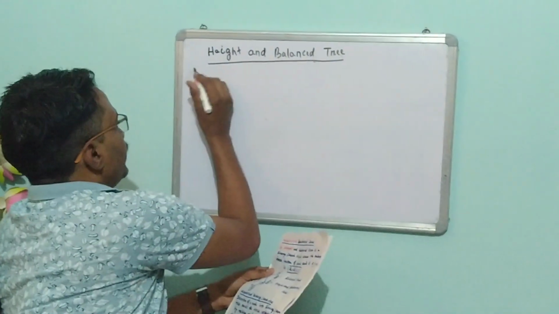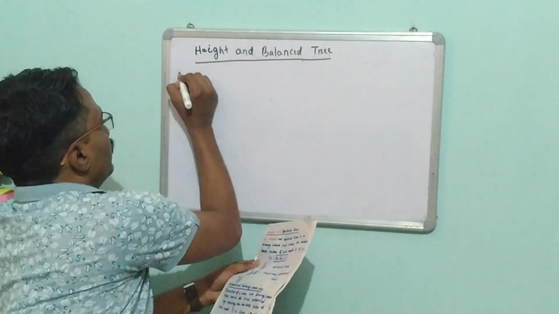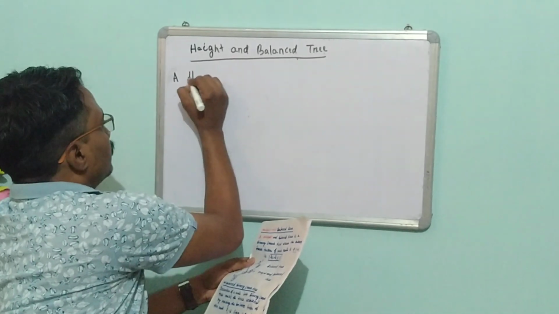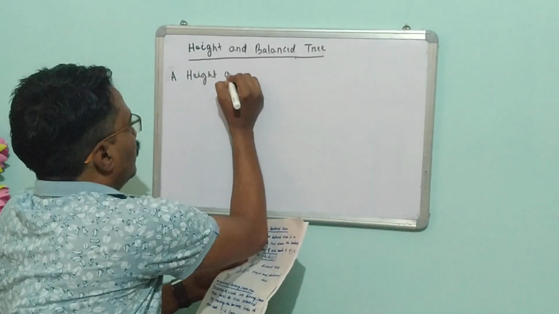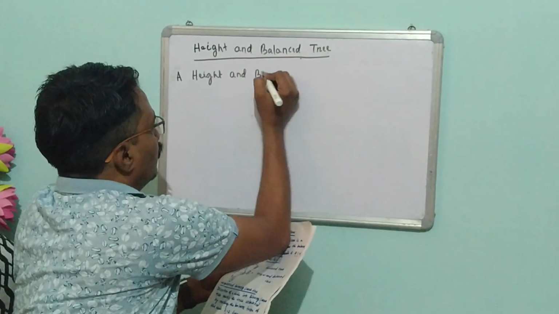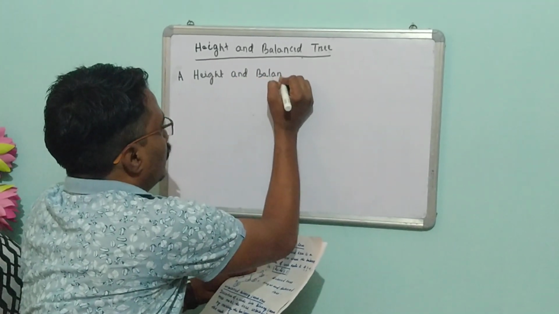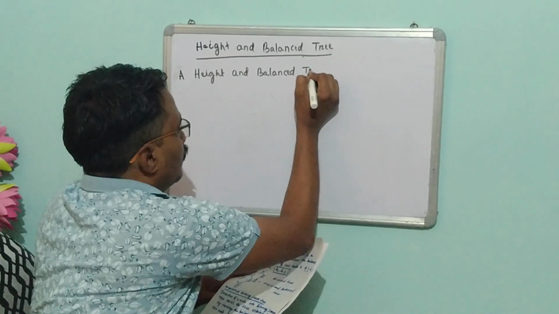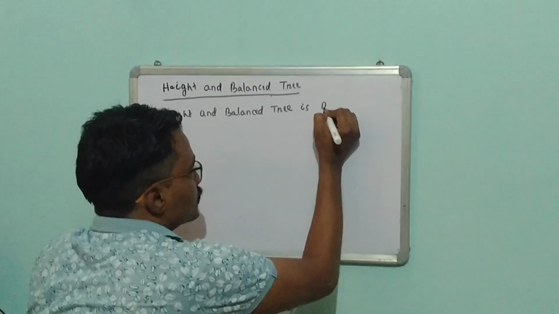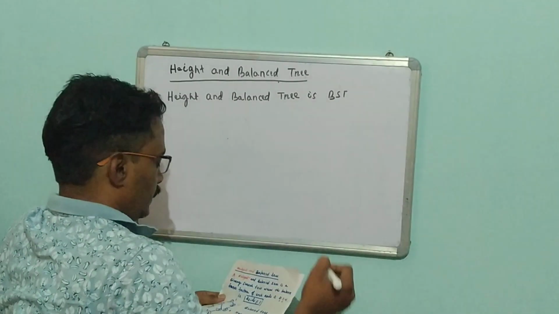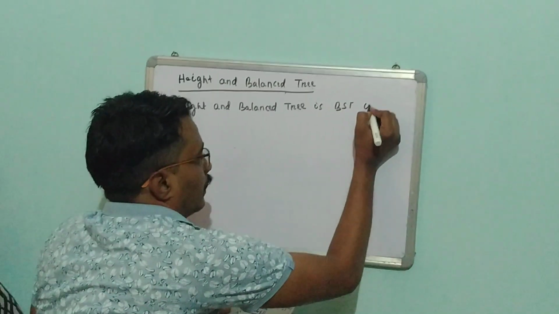So I am just writing the definition of the height balanced tree. A height balanced tree is a binary search tree, or BST, where